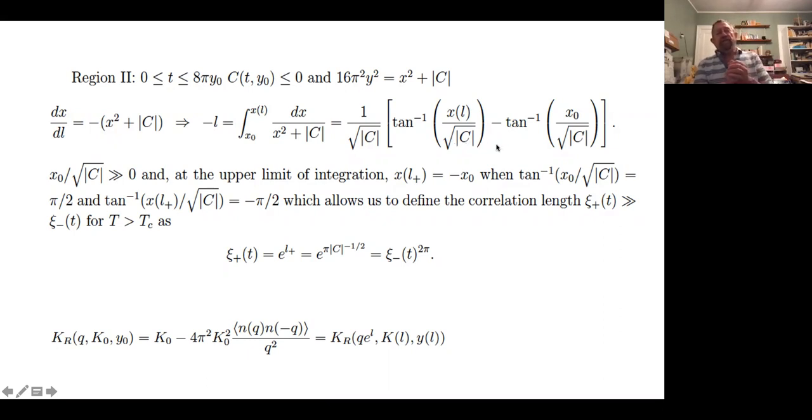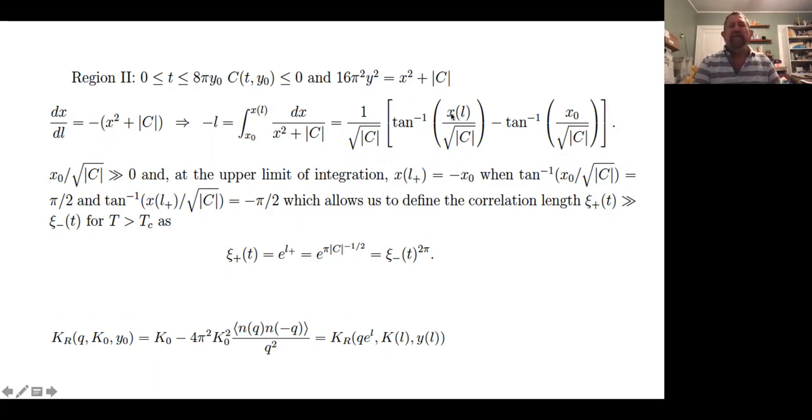Now, of course, this x naught is positive, but as L changes, the effective coupling constant K of L decreases. So x of L goes through 0 and becomes negative. When L gets larger, this x of L can be taken to be negative. And so now, in order to use this equation, we have to decide on a value of this upper limit